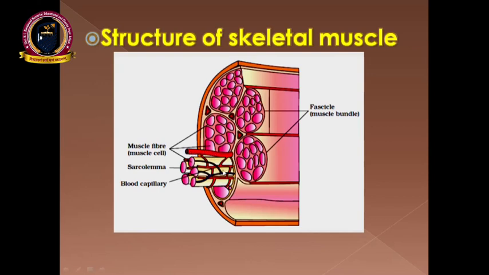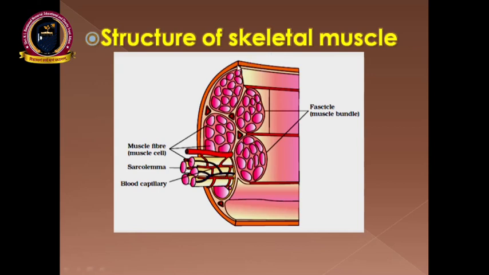and each fascicle, if you take up, is made up of a large number of myofibers or muscle fibers, which are the muscle cells. You can see the supply of the blood vessels. The interfascicular blood vessel further gives out branches, capillaries, and they are surrounding these muscle cells, the muscle fibers or myofibers,